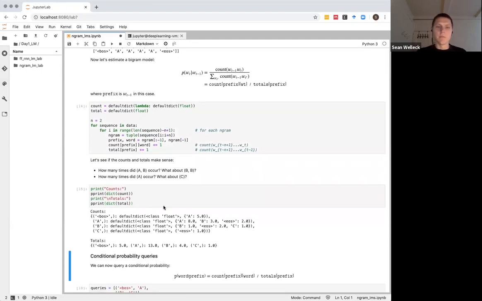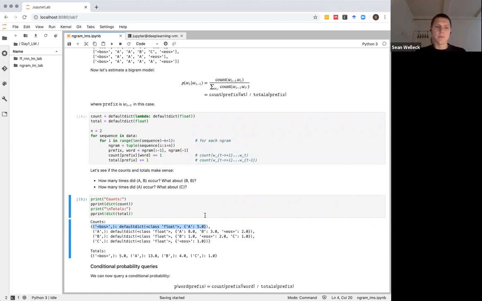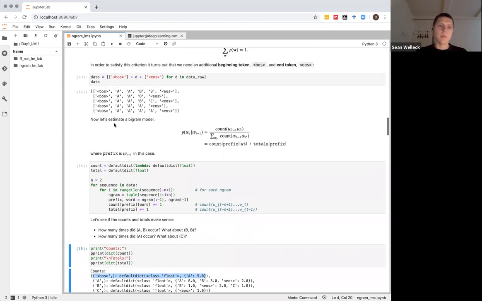Okay, and so now here you could see, after running this code, what do these different dictionaries look like? So, example again. This is saying, given the prefix beginning of sentence, that the word A followed beginning of sentence 5 times. So that means that this count was incremented 5 times. Hopefully that makes sense. And the reason you could see that is if we go back and look at our data,